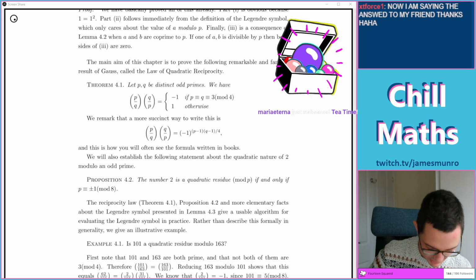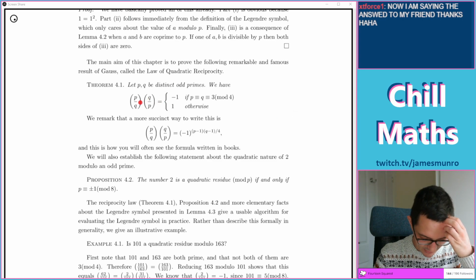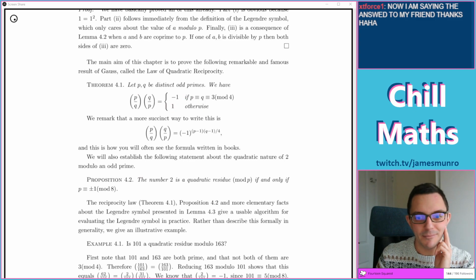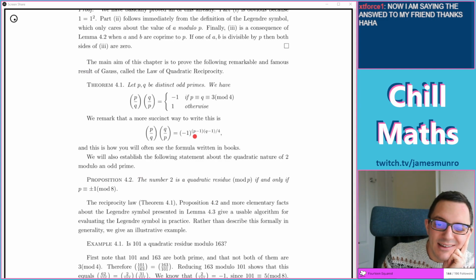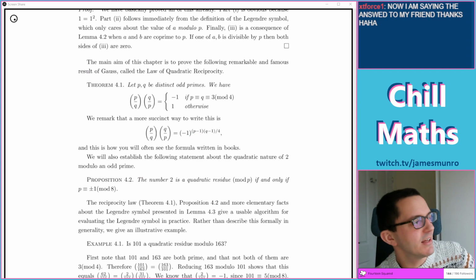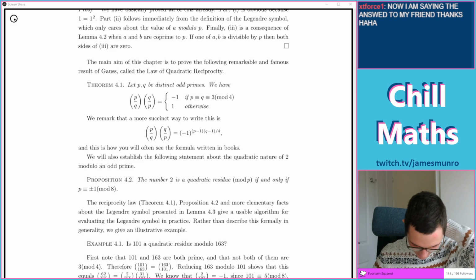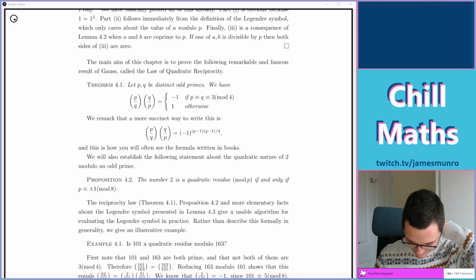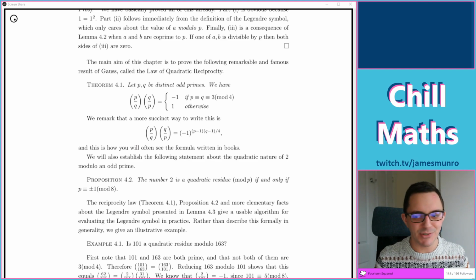Reciprocity is brilliant. The main aim is to prove this: that if you've got distinct odd primes, you can flip them together, or you can kind of multiply them together, and you maybe get -1, or you maybe get 1. This way of writing is just mad. I guess, what have we just seen? We've seen that if P and Q are different primes... no, we've seen that. We saw something about 1 mod 4 and -1. No, we saw something about -1 being a quadratic residue. Whether or not -1 is a quadratic residue, but that's not what's going on here at all.